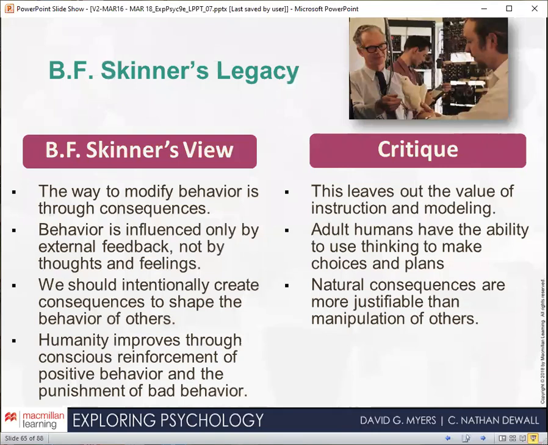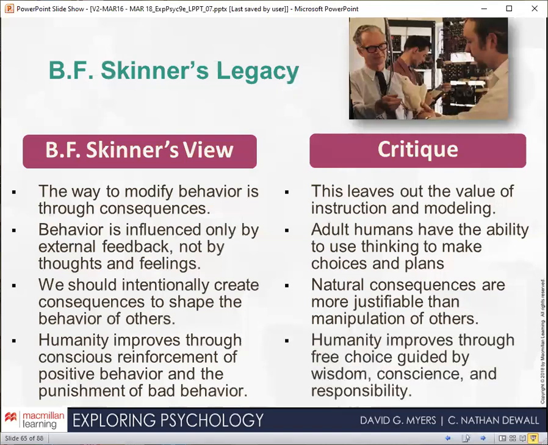And then, humanity improves through conscious reinforcement of positive behavior and the punishment of bad behavior. But humanity improves through free choice, guided by wisdom, conscience, and responsibility. Just to go back to something we talked about at the very beginning of this course in chapter 1, when we talked about the major movements and waves in psychology, we talked about the Freudian movement and the behaviorist movement. Recall that the humanist movement came up as a reaction to the behaviorists and the Freudians,